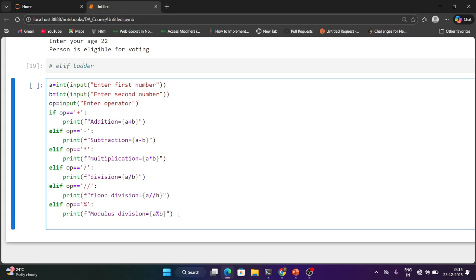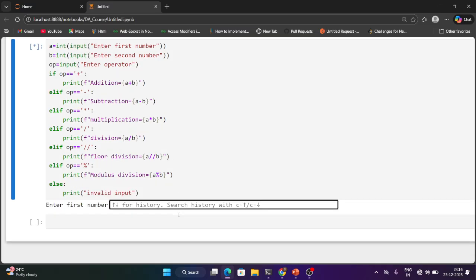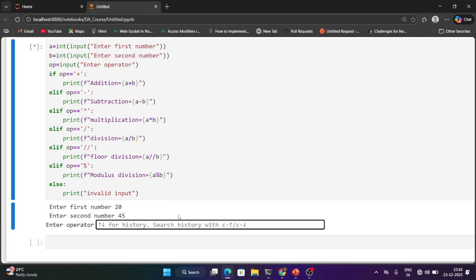Lastly, if I have entered some wrong operator, then the else part will be executed, and here you can print invalid input, or you can print invalid operator type. Otherwise, invalid input is okay. Now execute this. So if I'm executing 20, here I'm entering again 45, and I want to perform the multiplication